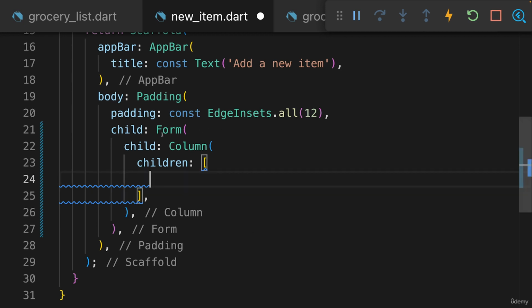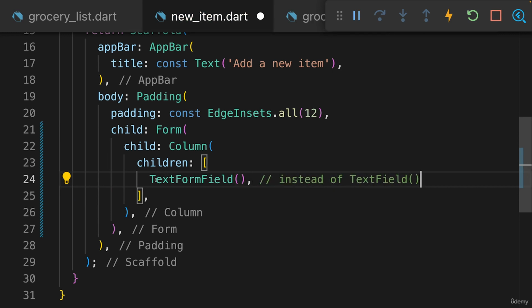Now, when using the Form widget, you should instead use the TextFormField widget. So instead of TextField, which we used before, it should now be TextFormField because this is a widget that integrates with that Form widget and this set of features provided by Form,